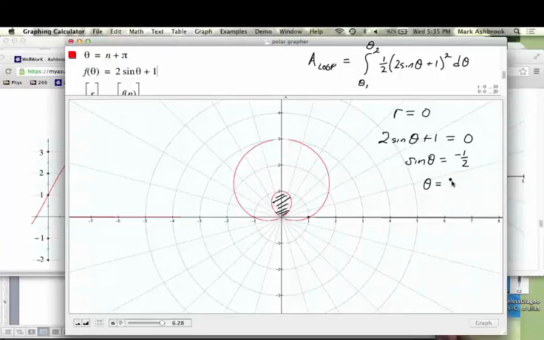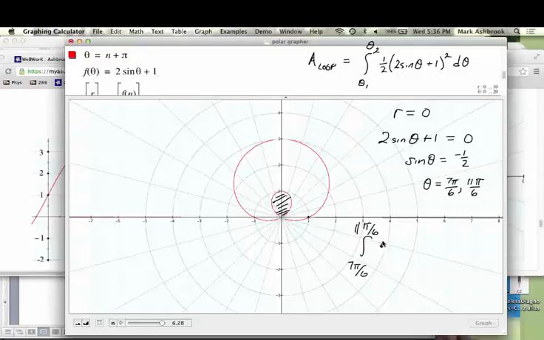So we got a third quadrant angle and a fourth quadrant angle. Negative half. It's going to be 7 pi over 6 and 11 pi over 6. Okay, so we're going to integrate from 7 pi over 6 to 11 pi over 6